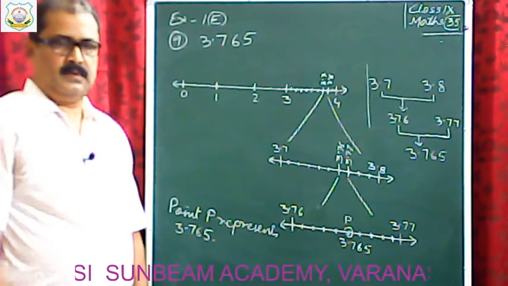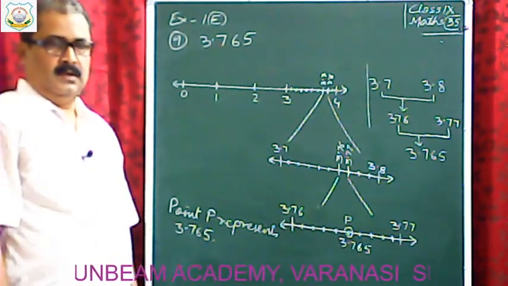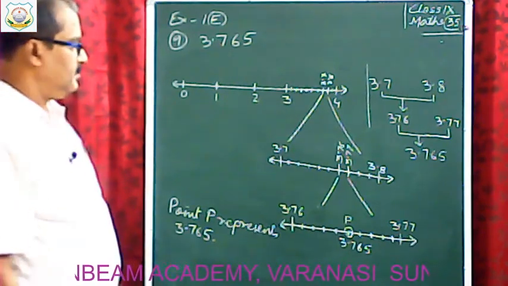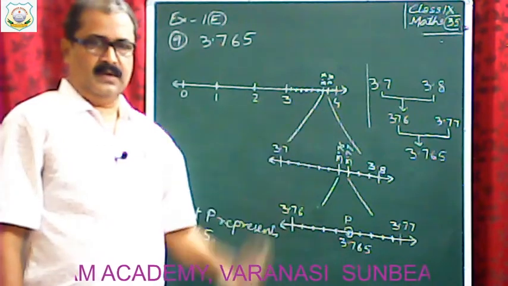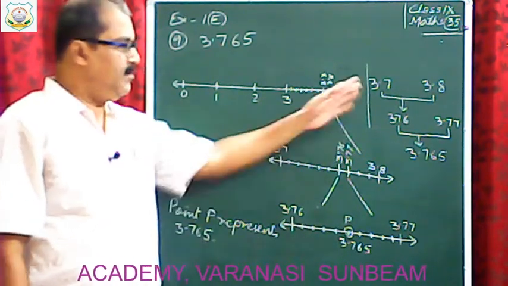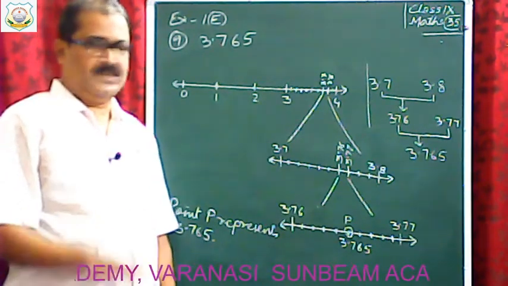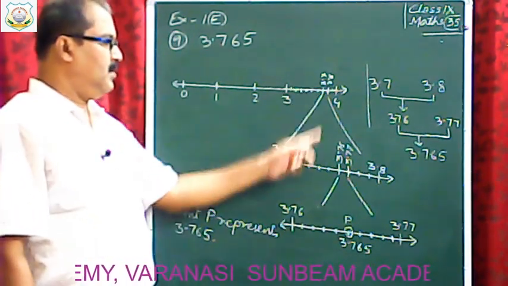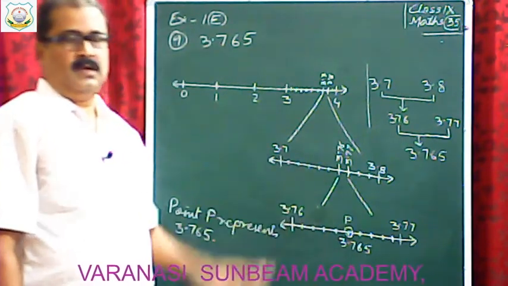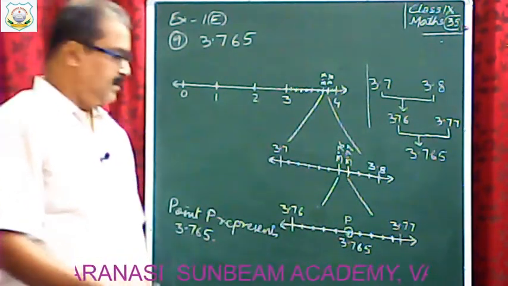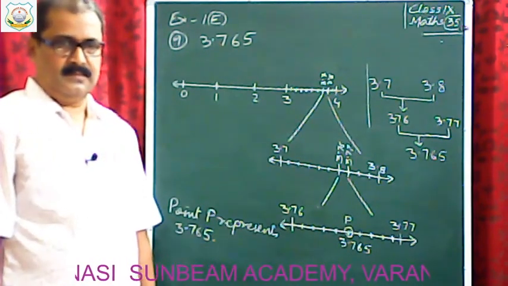Okay, in this way you have to magnify and show one by one on the number line. Clear? So before doing this, you have to roughly or mentally make the tree of the number. First of all, you have to represent one place of decimal on number line. Okay, thereafter you have to place two places of decimal on number line, and finally we have to represent three places of decimal on number line. Okay, step by step. Clear, everybody?